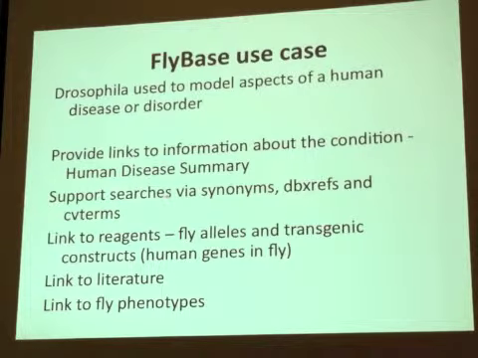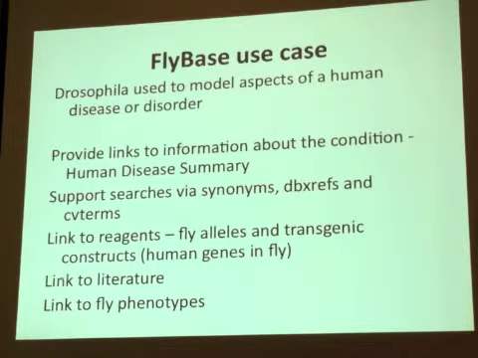Okay. Needs to support searches via synonyms. People use various terminology for their diseases or syndromes, DBXREFs, and CV terms. And then we want links to the reagents, the fly alleles and transgenic constructs. People do things like stick human genes into flies, overexpress them, and so the flies fall down or whatever, and use that as a model of the disease. So, we want links to the reagents used in these experiments as well as